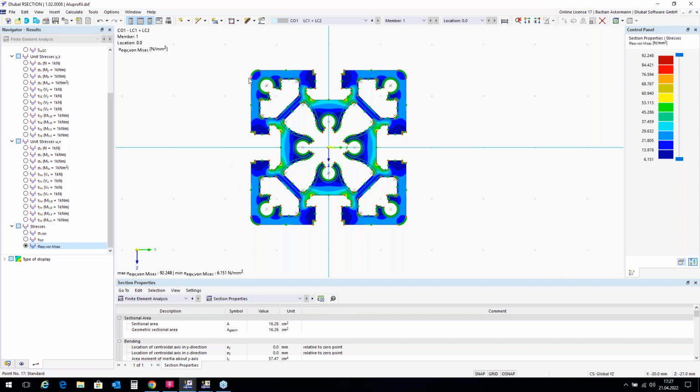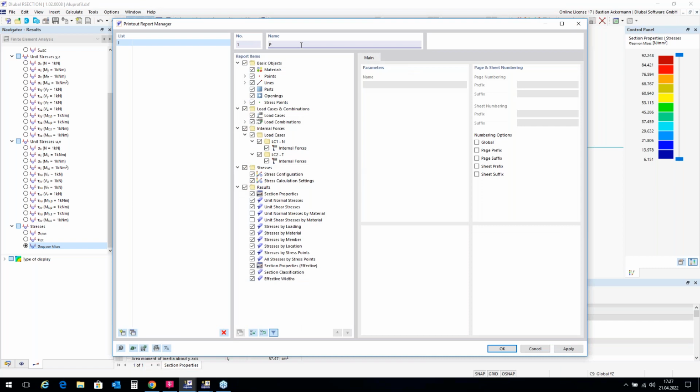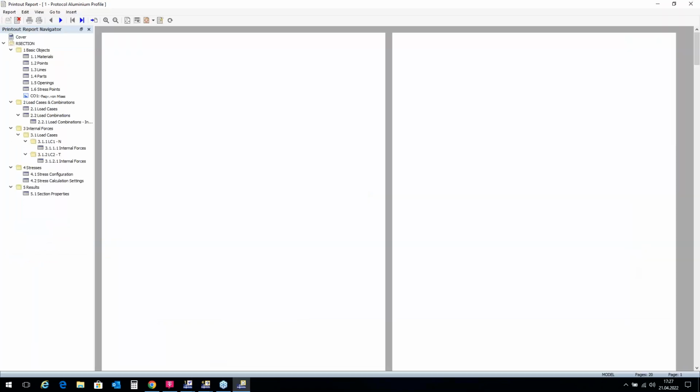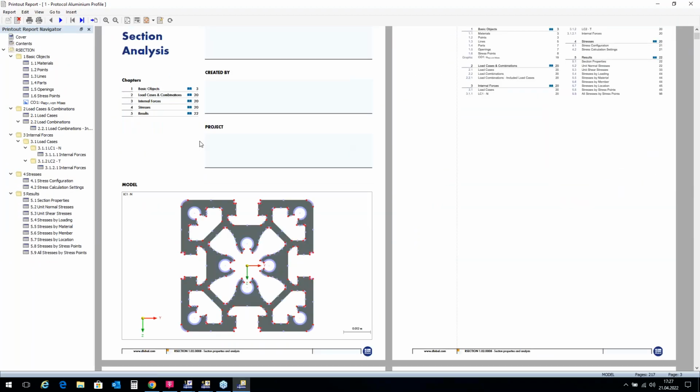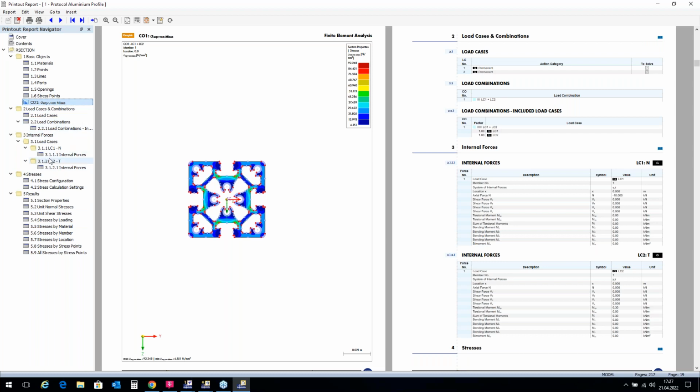The equivalent stress I want to import as a graphic into the printout report over this button again. Save and show. Name is protocol aluminium profile. Confirm this with OK, and then I have my documentation. Yes, again here my graphic and all other chapters on the left side. I close this again,